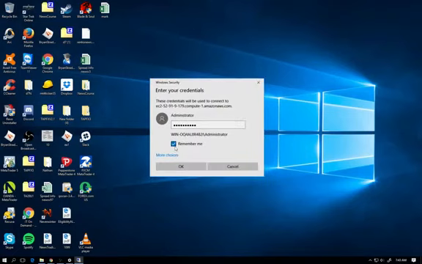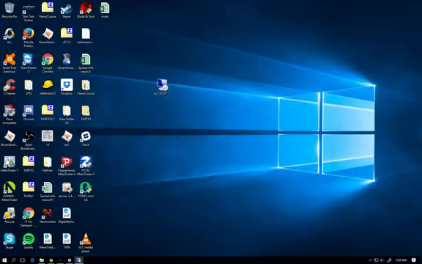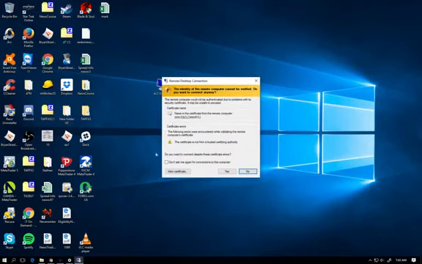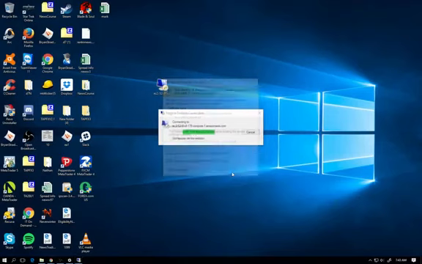I'm going to put remember me so I don't have to put it in again, and then we click OK, and now it's connecting. Again, let's put don't ask me, and hit yes. Now, since this is the first time you're logging in, it might take a second because it's setting up. I'm actually pushing this. Normally, I'd wait about 10-15 minutes after a VPS is made before I try and log in.